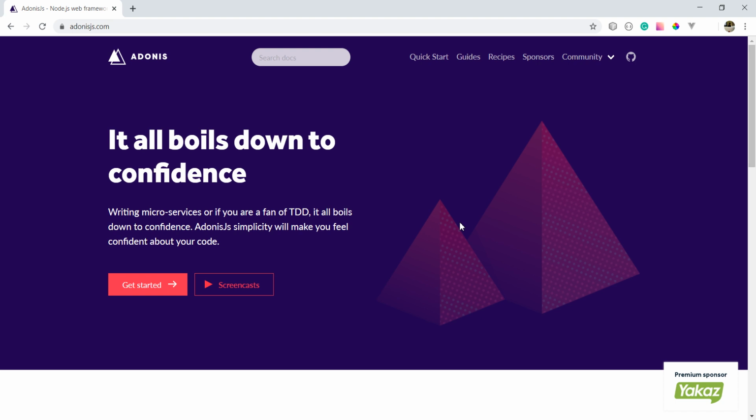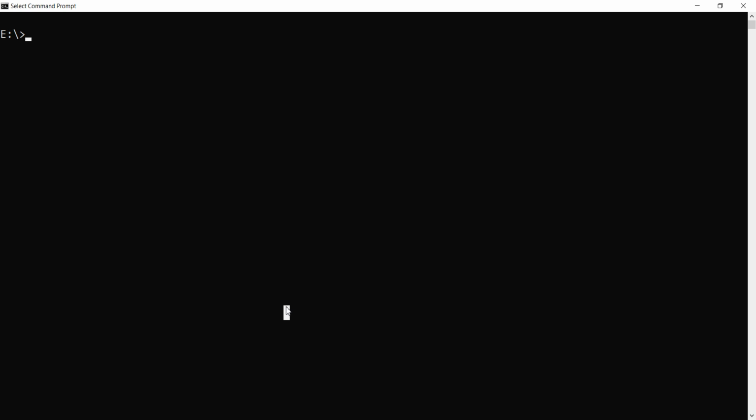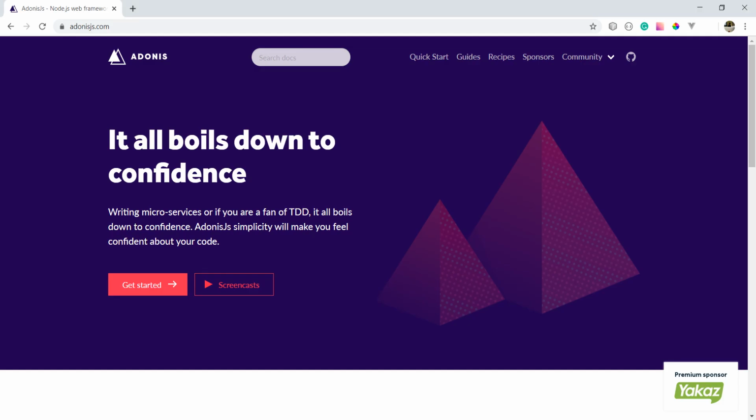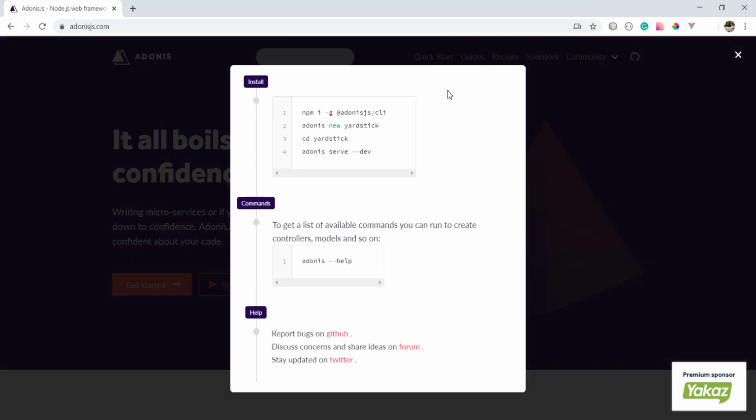Let's start building our app. We'll start by creating our new app using the Adonis new command. To have the Adonis command, you should have the Adonis CLI, right? So if you don't have it, go to AdonisJs.com and click Quick Start. Now we can run npm i -g @adonisjs